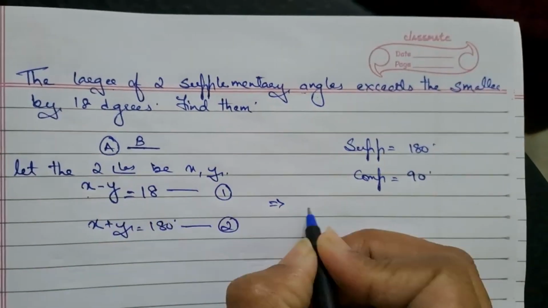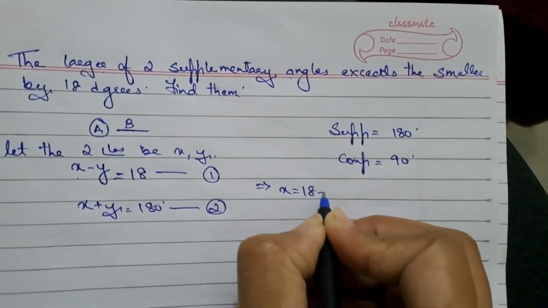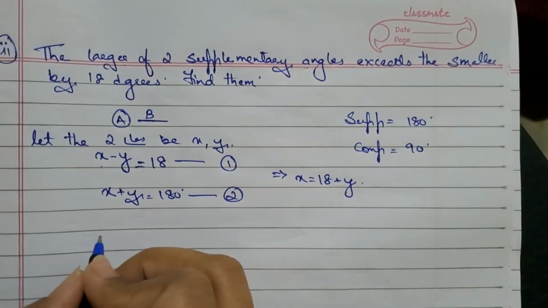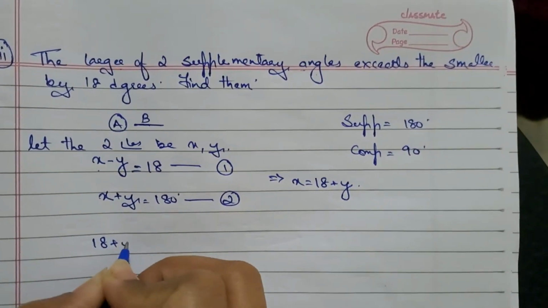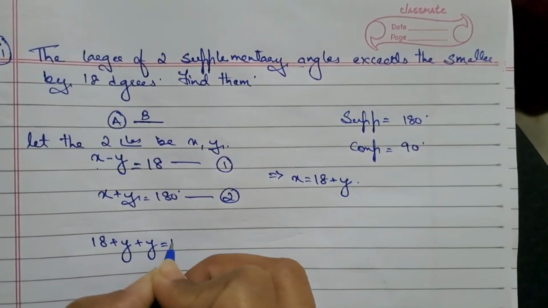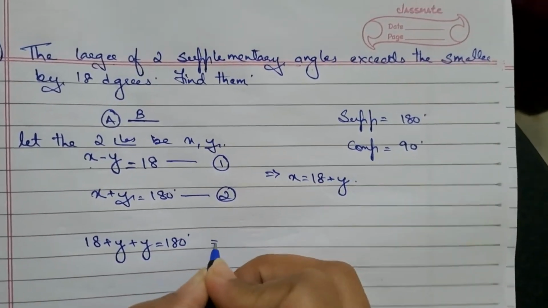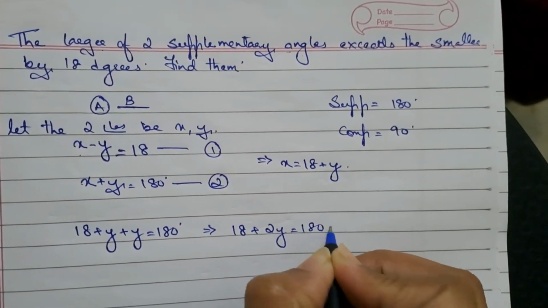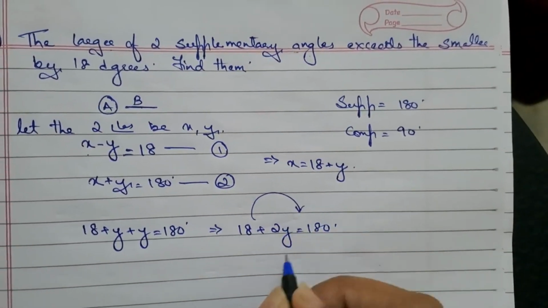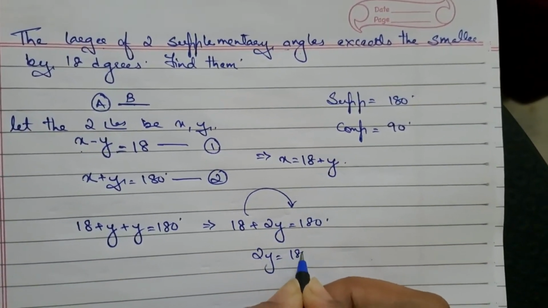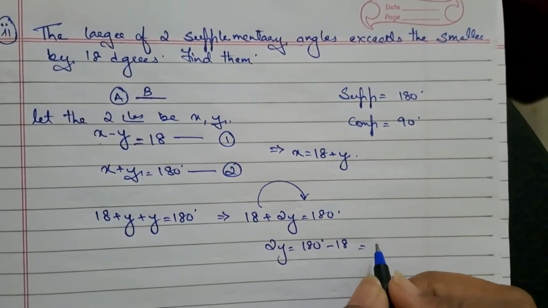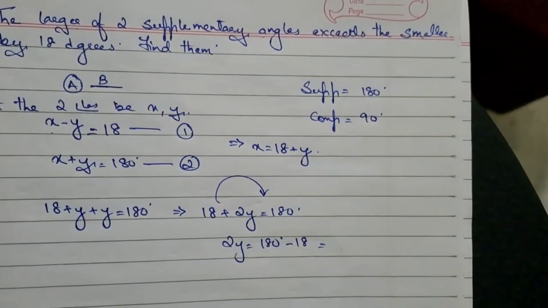So here, x will remain on this side, 18 plus y will go towards the other side. Now this will be substituted in here. So it becomes 18 plus y plus y is equal to 180 degrees. That becomes 18 plus 2y is equal to 180 degrees. Sending it towards the other side, 2y is equal to 180 minus 18, which will be how much? 180 minus 18 is